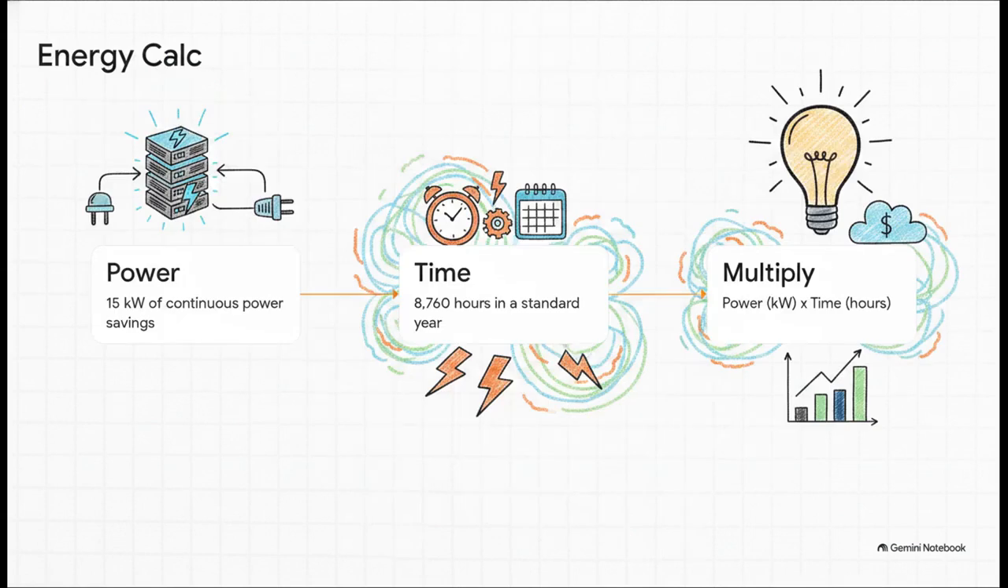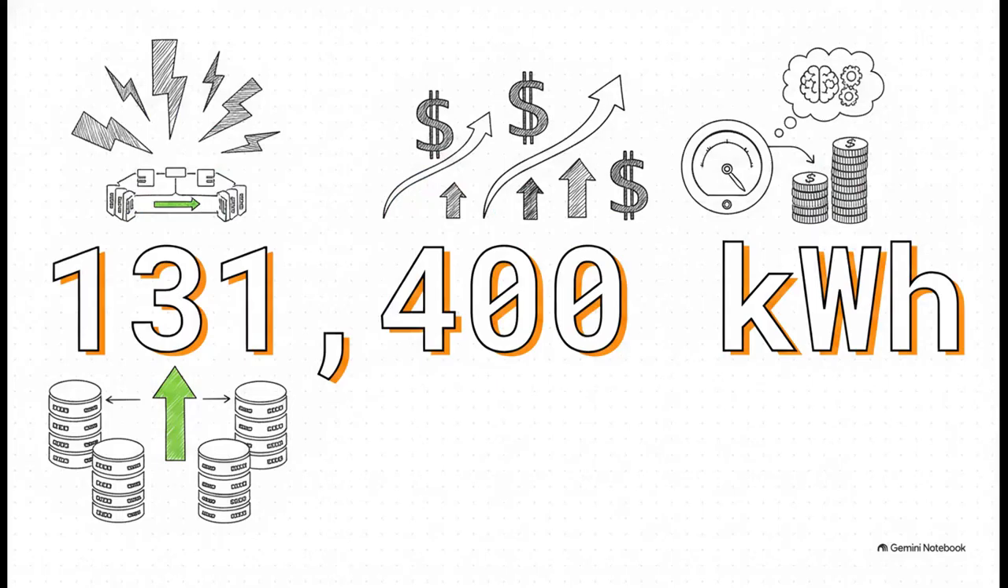To find this, the energy equation is just power multiplied by time. We take our continuous power reduction of 15 kilowatts, and we simply multiply by the total hours in the year, which is 8,760. And there it is, 131,400 kilowatt hours saved. To put that in perspective, if you factor that at 10 cents a kilowatt hour, you're looking at over 13 grand in impressive annual utility bill savings handed right back to the client, all from intelligent